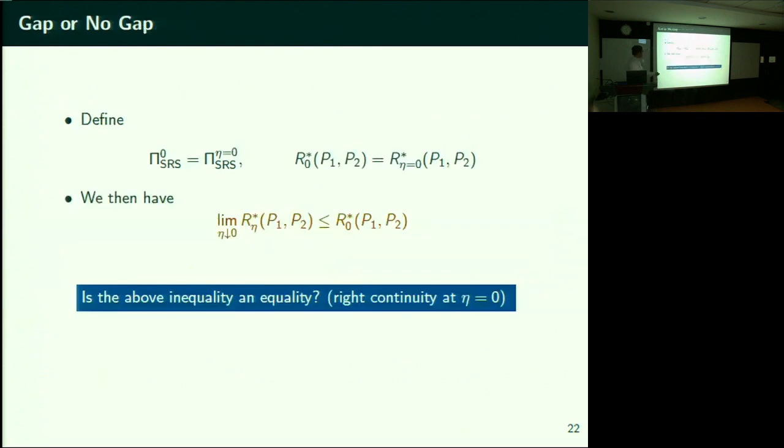From the monotonicity property, all we know is that R eta star keeps growing, and it's less than or equal to R0 star. R0 star is what you obtain by plugging in eta equal to 0. So you let eta go to 0; does it merge smoothly with R0 star? That is the question.